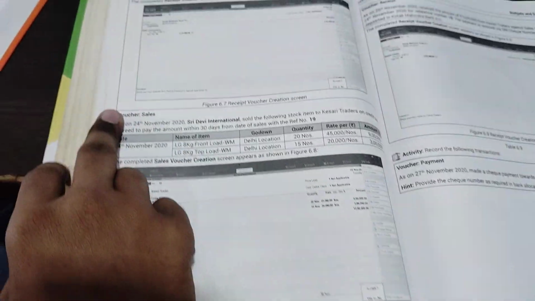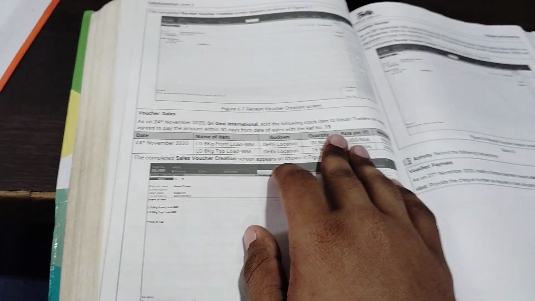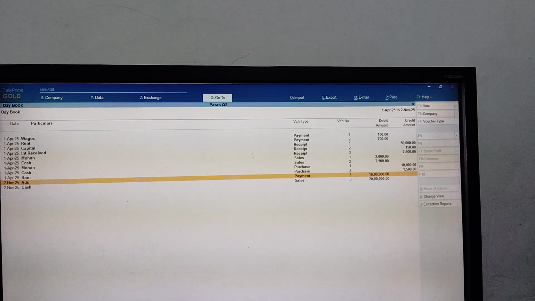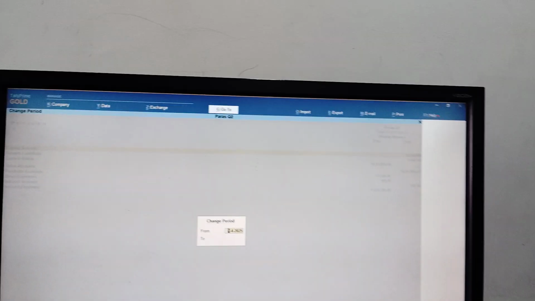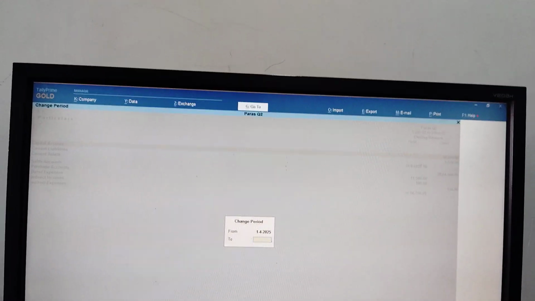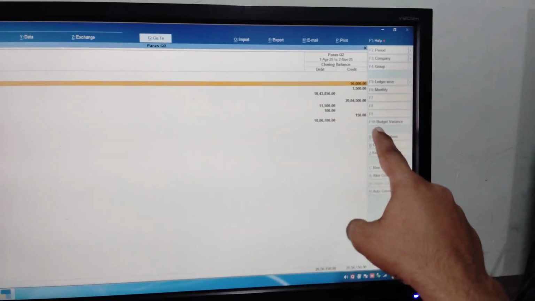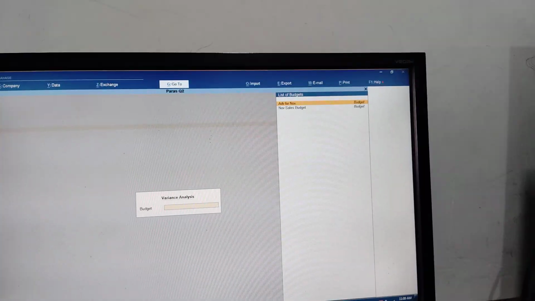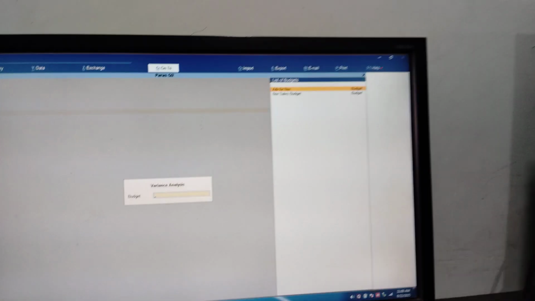Also there will be transactions such as purchase and sales. It will be normal. Now we will watch the variances and deviation. For seeing the variances and differences, we will go to Display More Reports, Trial Balance. We will select the period. Let's do it one time without selecting. Now here we will press F10, Budget Variances. We want to see the variances. So for advertisement here,